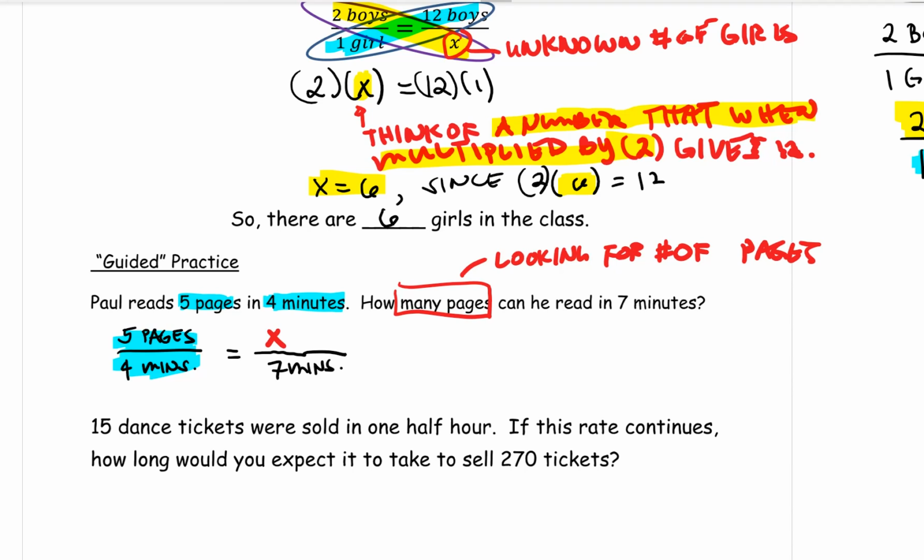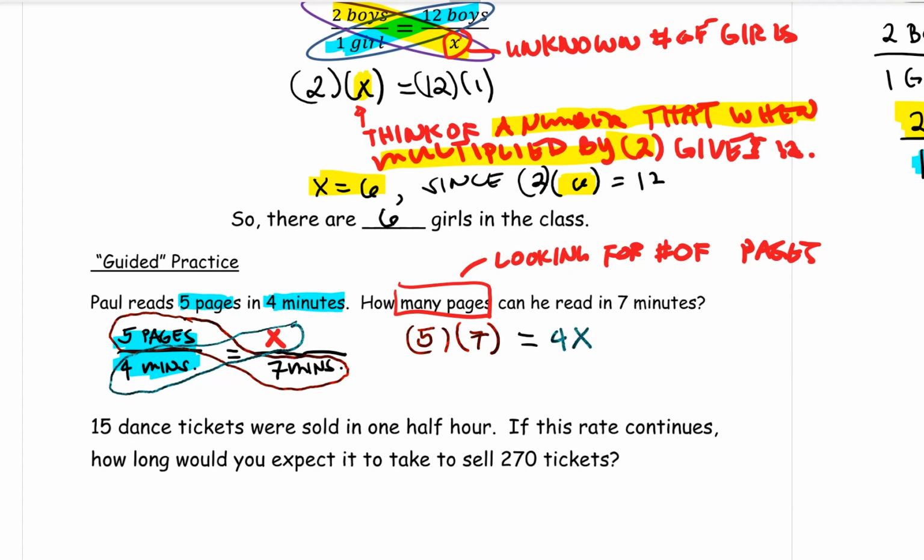Again, what you can do is cross multiply this. So if I'm going to do that, that would be 5 times 7 equivalent to, cross multiplying 4 and x, that gives me